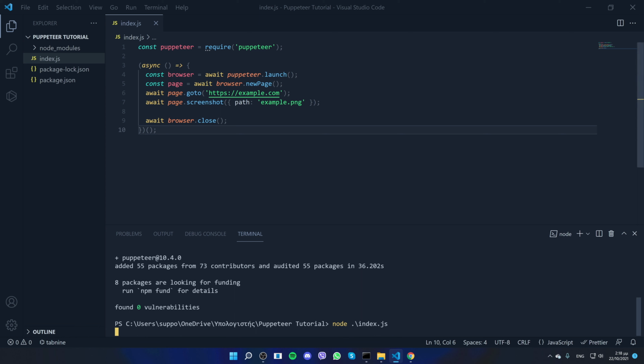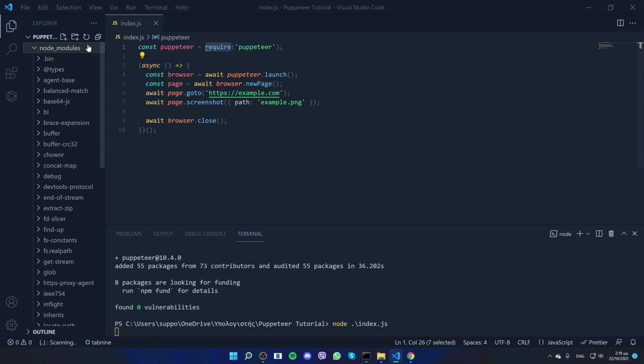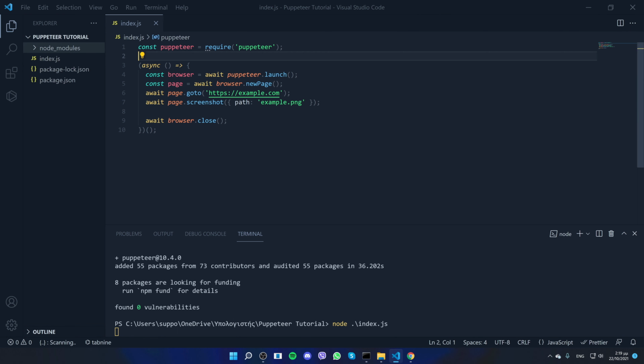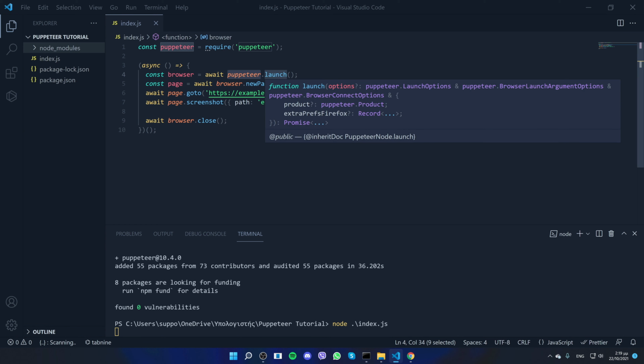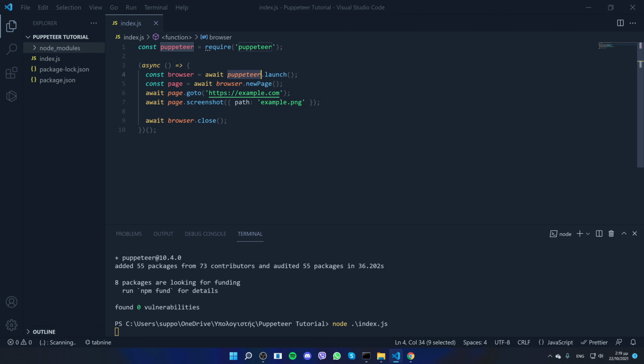And what this code does, first of all, we are importing Puppeteer, so we say Puppeteer equals to the library Puppeteer, which we require from the one we downloaded. Then we are creating a browser, so we say Puppeteer, and we use a function of Puppeteer called launch. And then we say const page, so we create a page. So from the browser we created, we open a new page, and we say